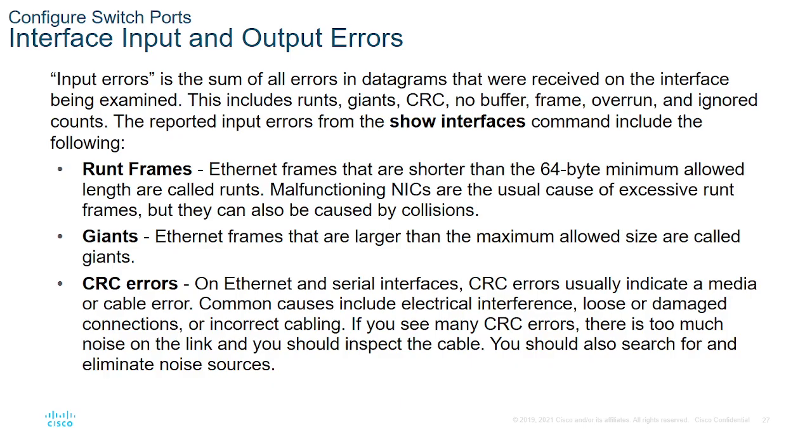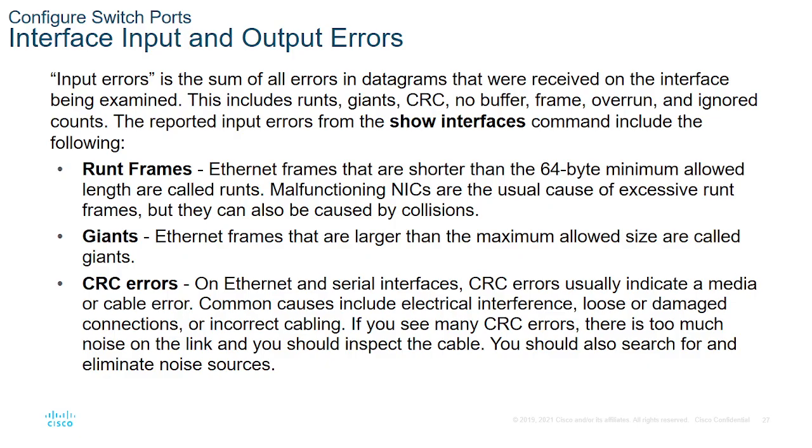CRC errors are normally errors within the frames created at transmission. CRC errors usually indicate a media or cable error. The common causes could be electrical interference, loose or damaged connections, and incorrect cabling. If you see many CRC errors, there is too much noise on the link, and you should inspect the cable. You should also search for and eliminate the causes of the noise. So CRC errors normally mean that the frame itself is corrupted, due to noise, incorrect